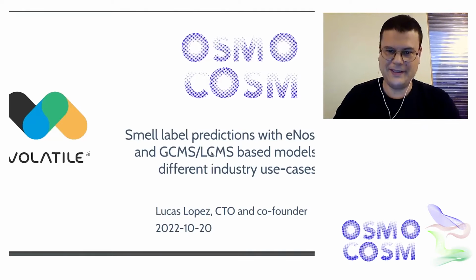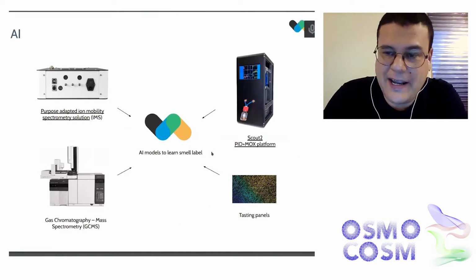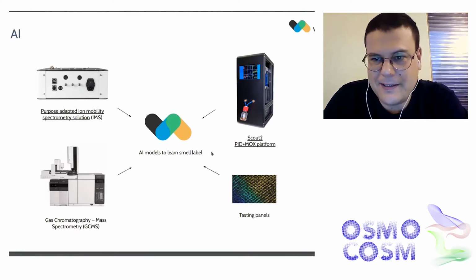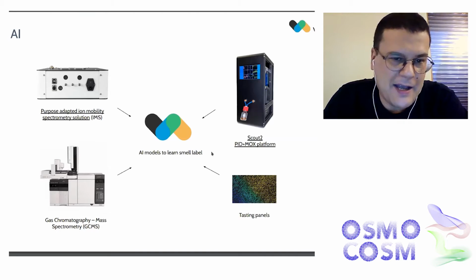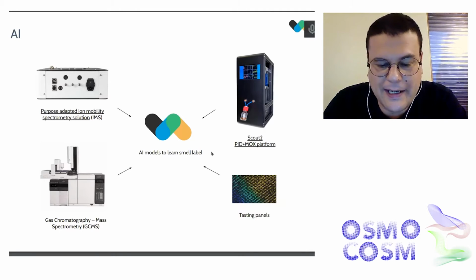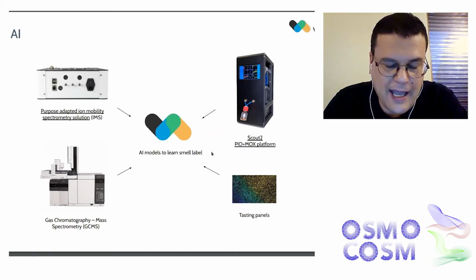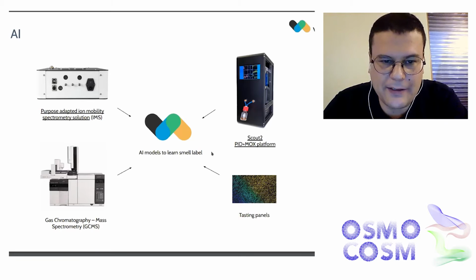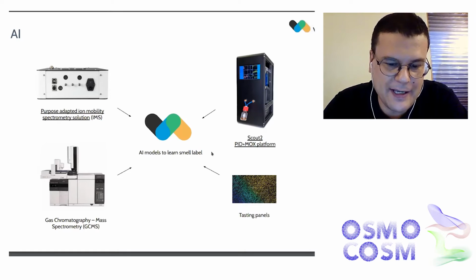Yeah, last year I introduced our electronic nose platform, Scout 2, which is the device you can see on the top right. This year we have also incorporated into our toolset an ion mobility spectrometer, so an IMS, which we adapted to have the same concept as our Scout, which is basically ease of use and no need for a trained technician to use the device, right? So we want to take existing commercial technologies on site into production environments.